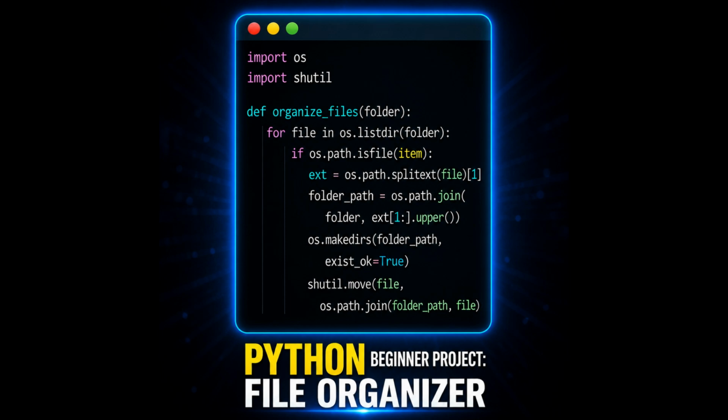Python beginner project, the File Organizer, a simple but powerful script that helps you clean up messy folders filled with documents, images, downloads, and more. In just a few lines of code, you'll learn how to automatically sort files into organized folders, saving time and